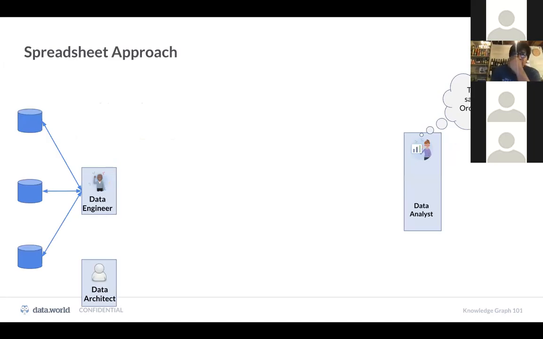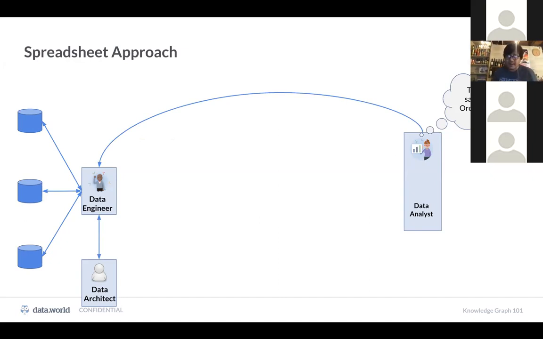And I argue, so what actually happens within this whole process? You have these data consumers and these data producers. What's the current process? A first approach is what I call the spreadsheet approach. A data analyst needs to answer a question, and they ask the data engineer: I need to answer this question. The data engineer says, okay, I'll get you the data. They look at the database, but they're kind of confused. They're not really certain which table they should use.